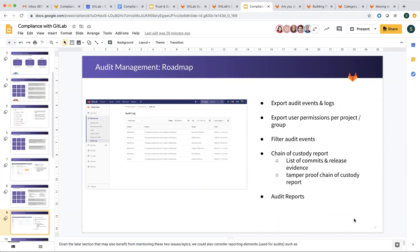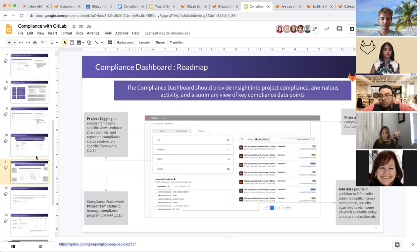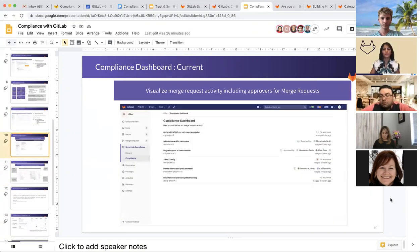Basically, it is giving a report of everything, all user actions, or all MR approvals, or things like that, right? So there are a set of defined reports that we want to chase after, and that's something that will come as a part of the roadmap. So from a compliance dashboard point of view, like I said, today, it actually shows the latest merge request